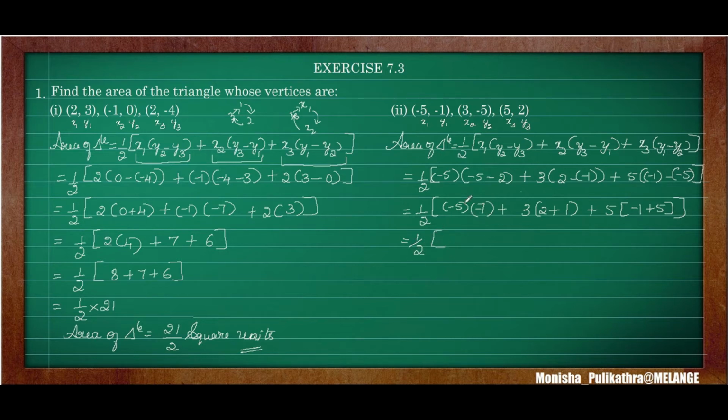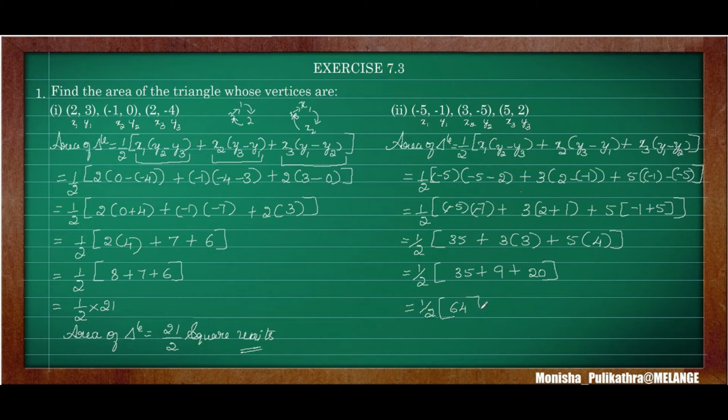So half into 7 5s are 35, where this minus and plus cancel each other. Okay, so 7 5s are 35 plus 3 into 2 plus 1 is 3, plus 5 into 5 minus 1 is 4. So half into 35 plus 3 3s are 9 plus 5 4s are 20. So half into, here we need to add this,